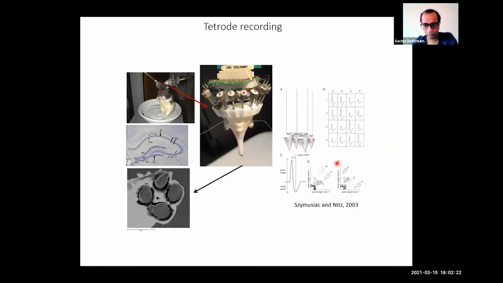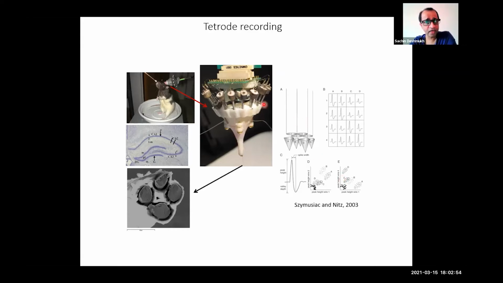And therefore, when you plot peak height on wire 1 versus peak height on wire 4, the action potentials of neuron D will clearly segregate from action potentials of neuron A. And you can use a whole bunch of these parameters to segregate activities of a large number of neurons that are recorded simultaneously. Given the cell density of hippocampal cell layer, you can segregate activities of anywhere between 5 and 30, 40, 50 neurons on a single tetrode